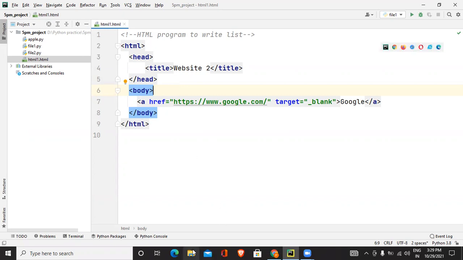First of all, let me open one folder where I have an image.